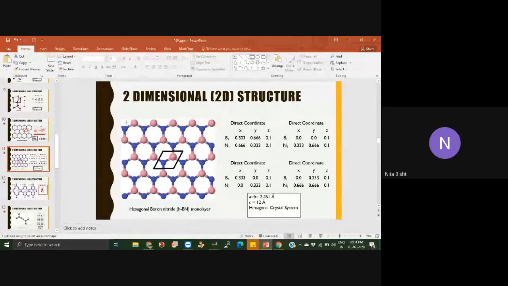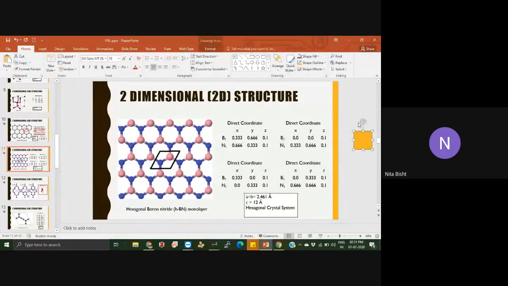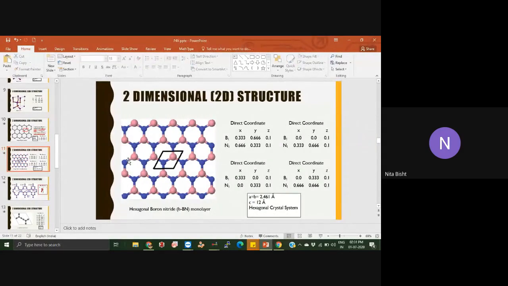Hello, sir. Actually, I wanted to ask, if I want to change the bond length, suppose the bond length between B and N would not be the same as the C-C bond length in graphene. According to my optimization process, after I get some standard bond length, suppose 1.87 or something, accordingly I have to change the coordinates of that unit cell, right? Actually, this is the initial process to make the crystal structure.